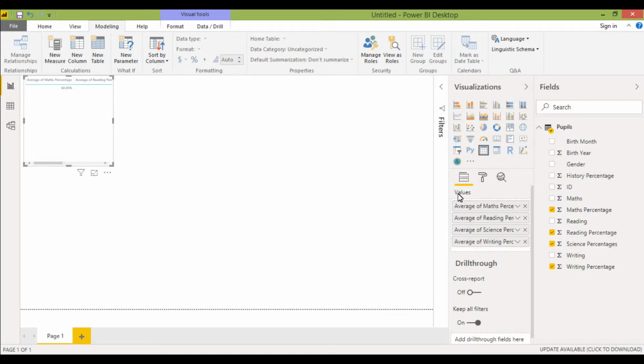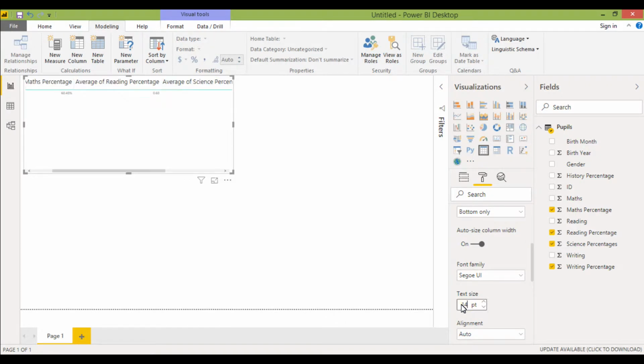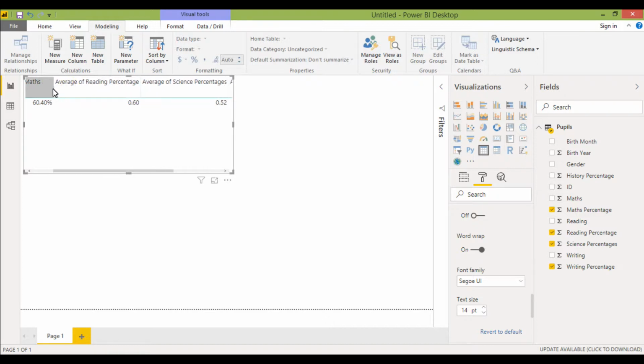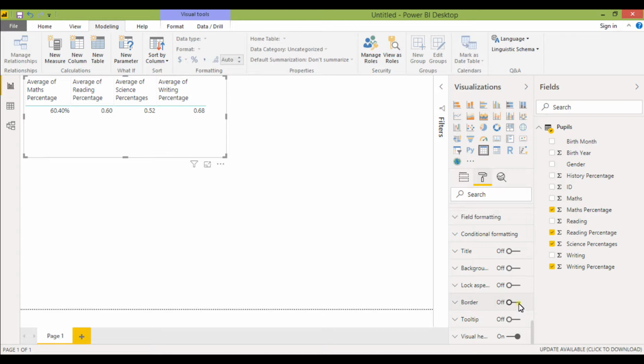And again, it's showing quite small, so I'm firstly going to expand this out so I can see it all, and then I'm going to change the column headers to be 14. And then I'm going to change the values to be 14 as well. There's all sorts of other lovely things I can do with my formatting, but for the moment I'll leave it like that. So if I just adjust this, I can see that a bit closer together, and just format it a bit tidier, and I might want to put a border on